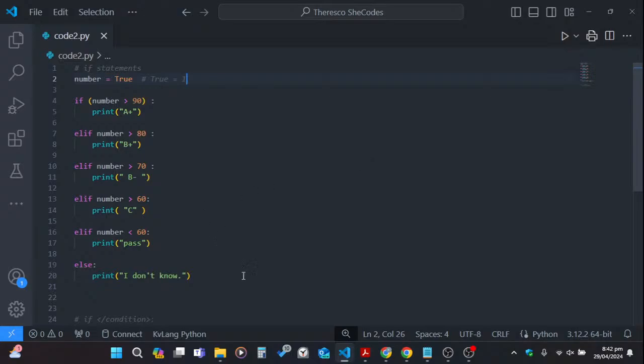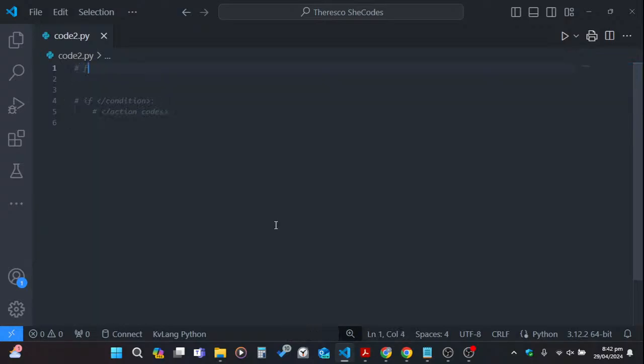Now let me spend the rest of the time doing our next lesson. So today we are going to do our next lesson, which is for loops. Now, in programming, sometimes you may want to repeat an action a number of times. For example,